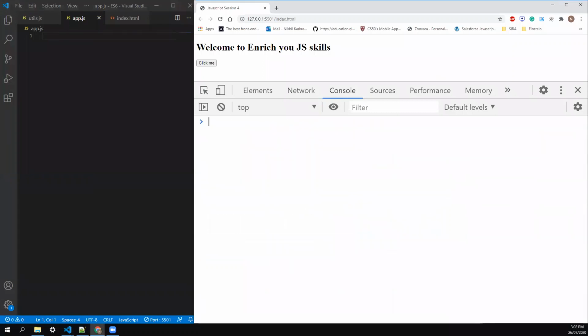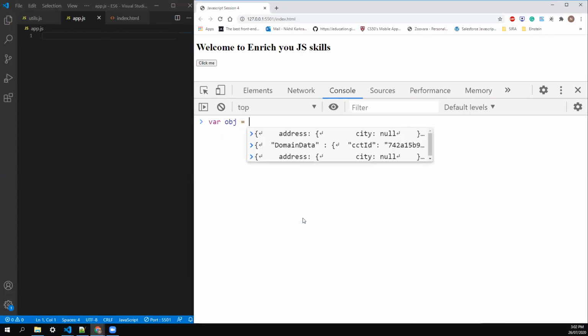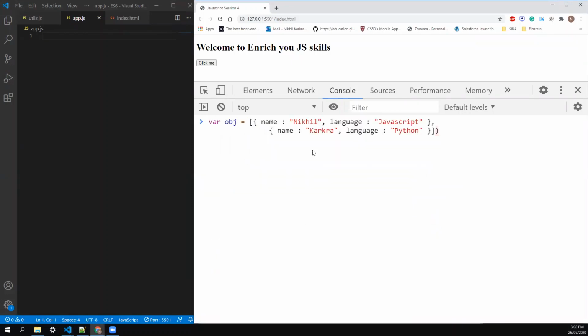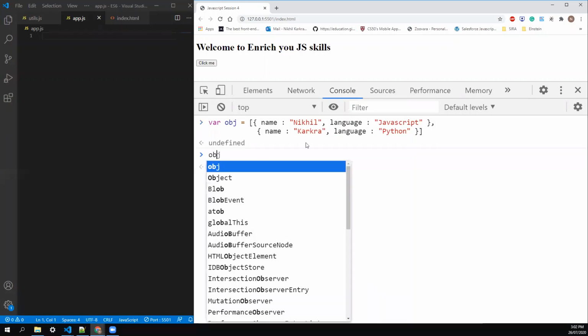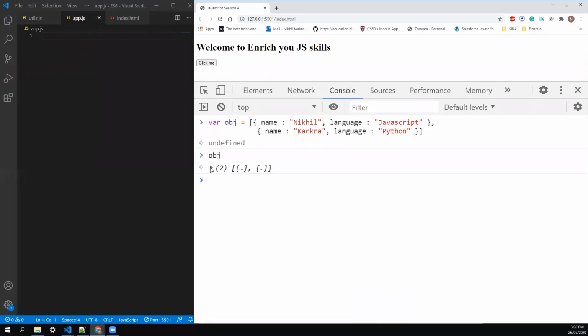I'll clear this. I have an object where obj is equal to an array of objects, and it can be many. Okay. Now if I hit enter, I missed some bracket, an extra bracket. Now my array has two objects, and now readability is not that clear.